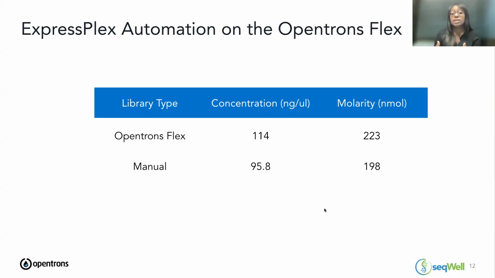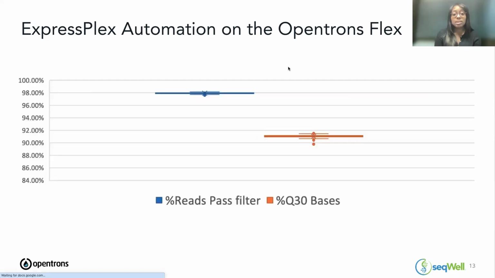So we're able to get really high yielding libraries constructed on the Opentrons Flex. Here, this is just pUC19. So we're getting what we want in terms of the yield and recovery out of the samples that we prepped on this platform. So as we go to the actual sequencing results, which we're all compelled to take a look at,